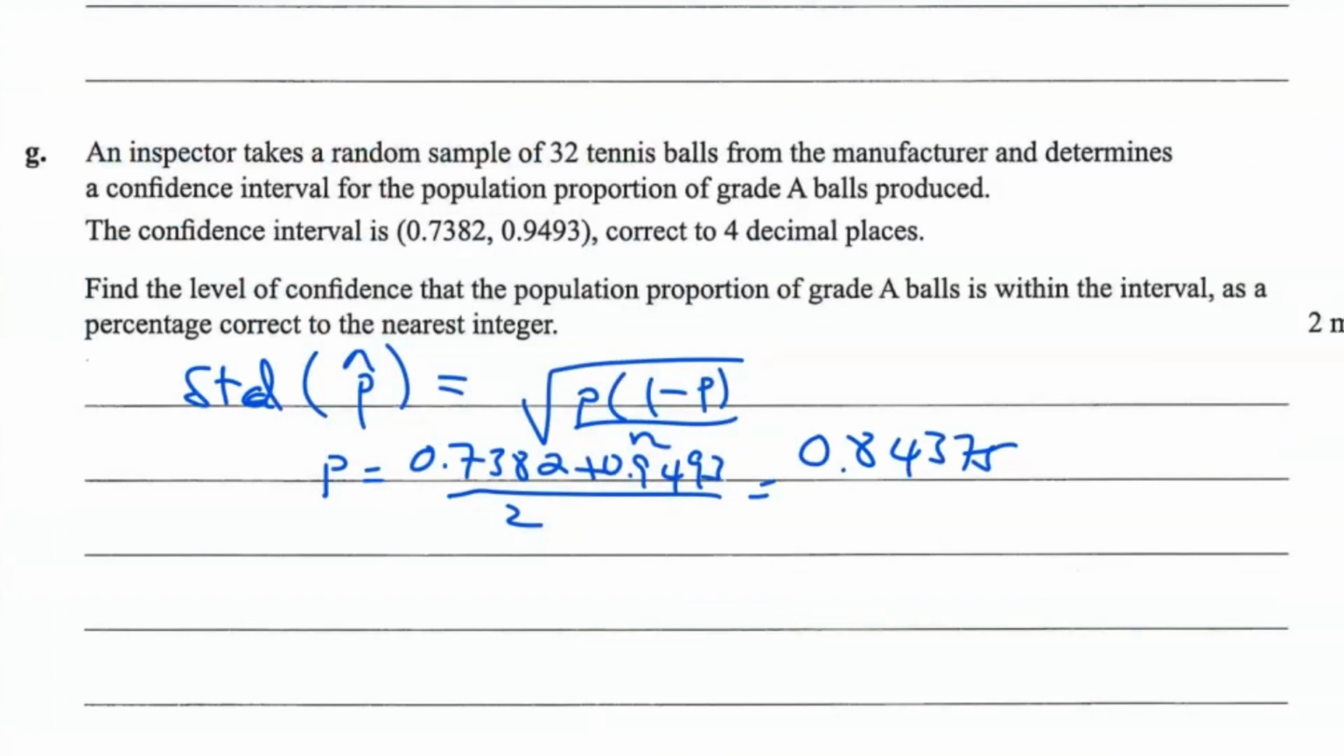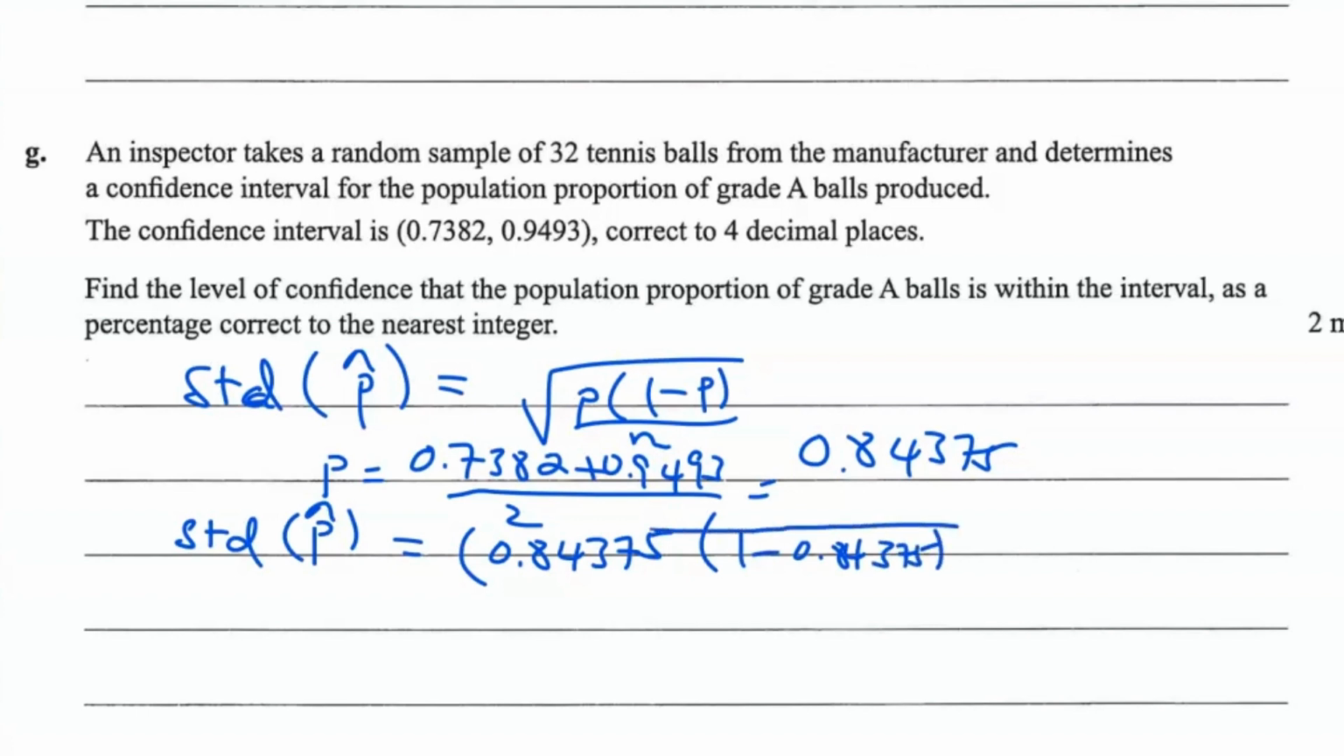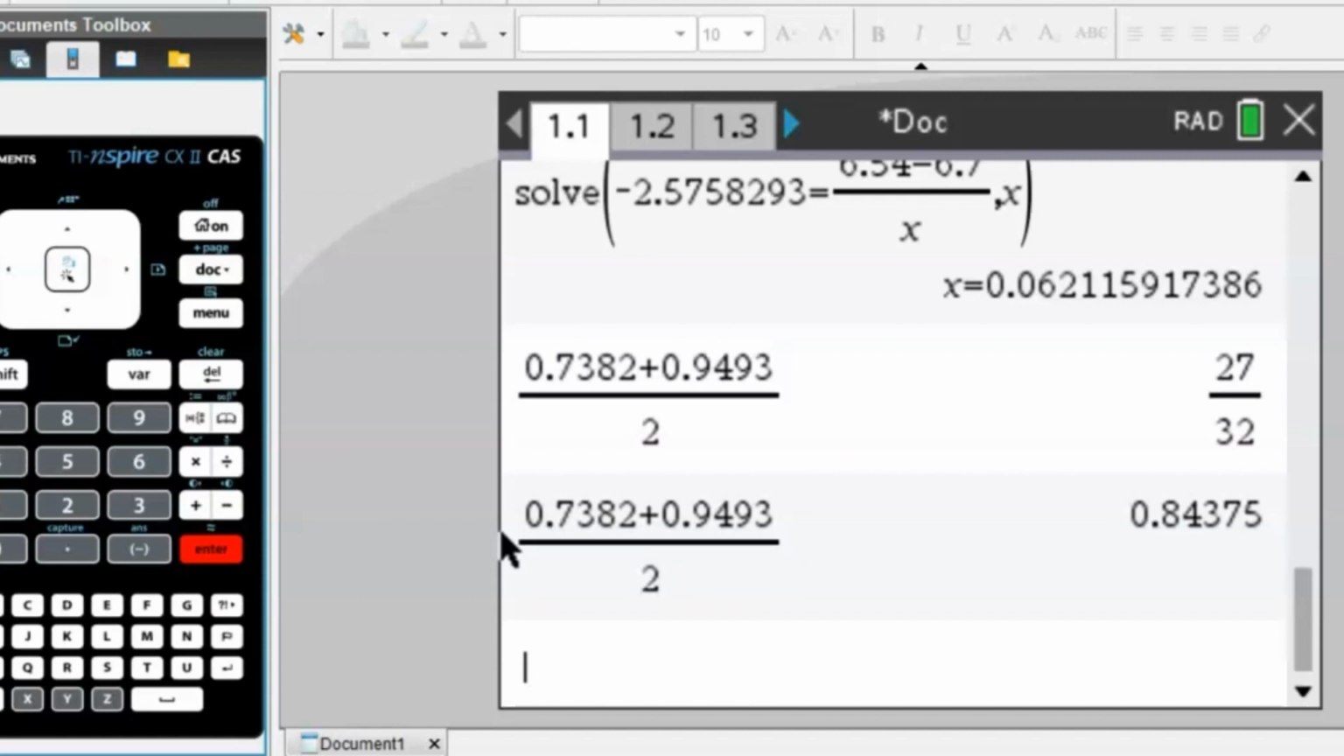All right, now let's find out our standard deviation, and we're just going to use the confidence interval. 0.535 is 1 minus 0.84375 over my n value, which is 32. That gives us, well,